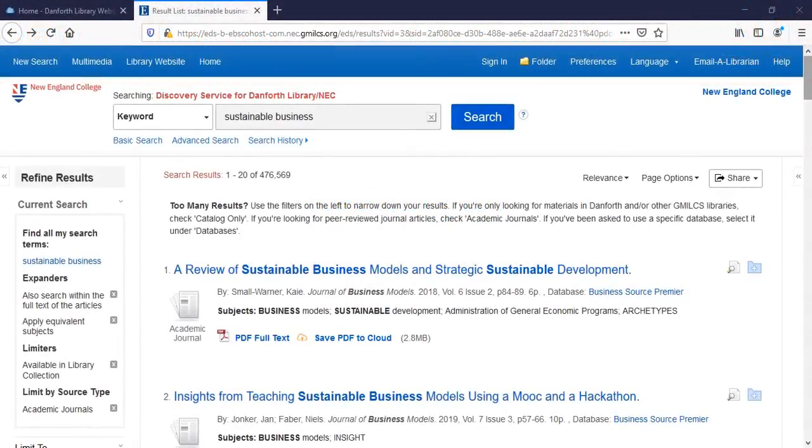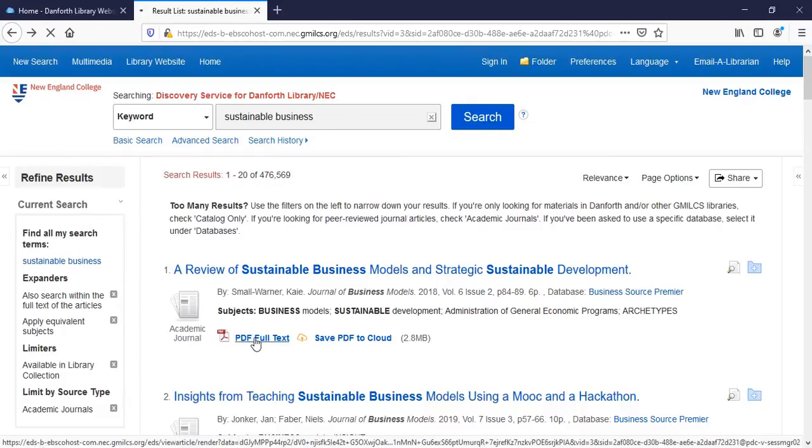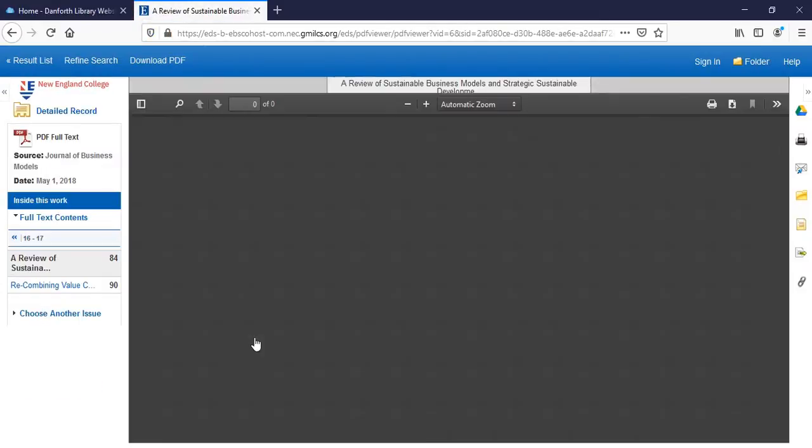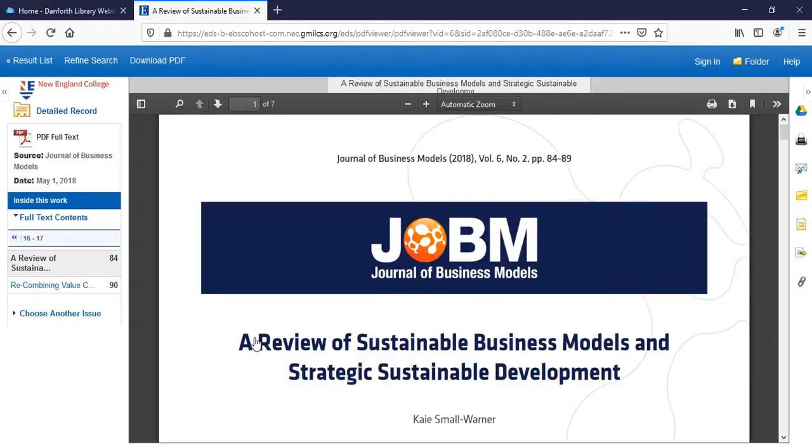Once you've completed a search and logged in, you can read an article by clicking on the full text link. And that should pull up a PDF or a page with the HTML version. Backing up here,